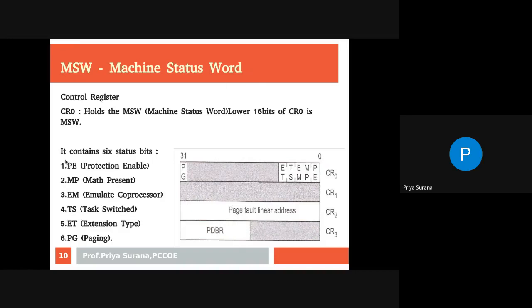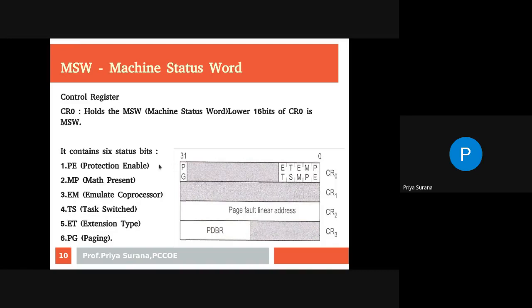Now check. It contains 6 status bits: PE, MP, EM, TS, ET, PG. PE is protection enable; MP, math present; EM, emulate coprocessor; TS, task switched; ET, extension type; PG is paging. Actually, up to the 5th bit comes under MSW, because only the lower 16 bits of CR0 are called MSW.